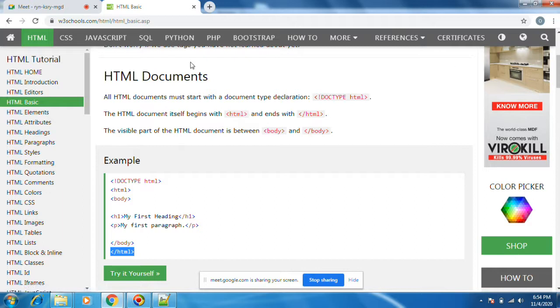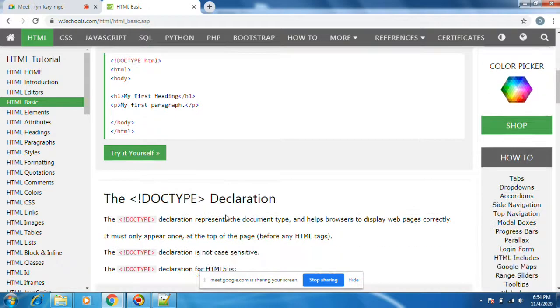This is the body. This is the header section, and this is the body section. Next, document type.